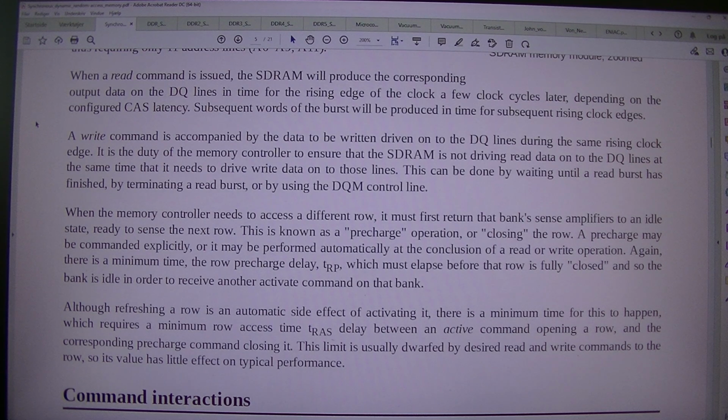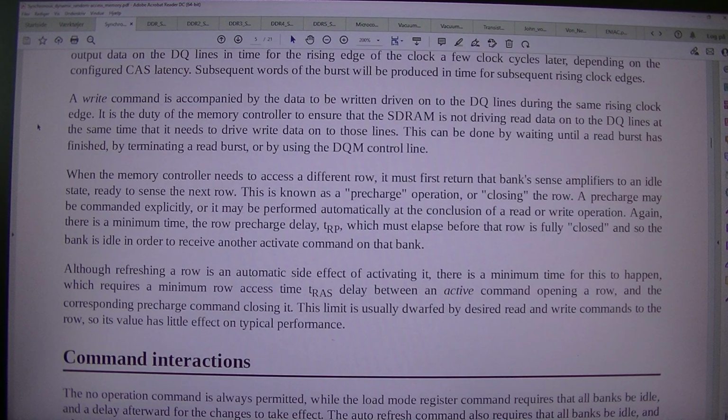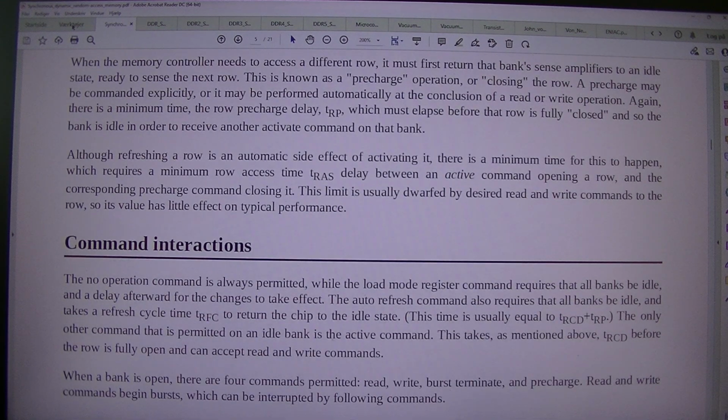This can be done by waiting until a read burst has finished, by terminating a read burst, or by using the DQM control line. When the memory controller needs to access a different row, it must first return that bank's sense amplifiers to an idle state, ready to sense the next row. This is known as a pre-charge operation, or closing the row. A pre-charge may be commanded explicitly, or it may be performed automatically at the conclusion of the read or write operation. Again there is a minimum time, the row pre-charge delay, tRP, which must elapse before that row is fully closed and